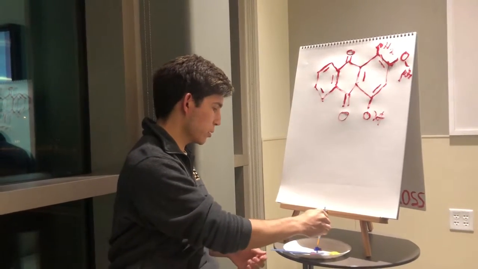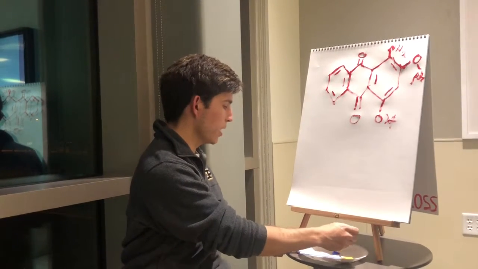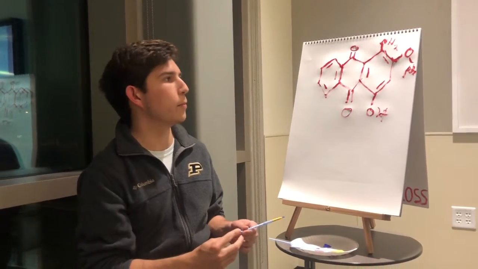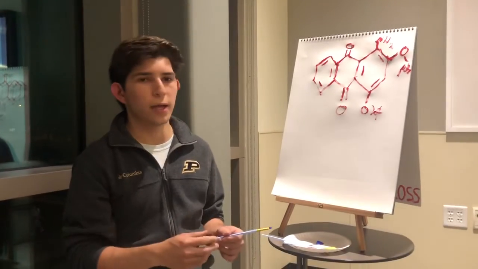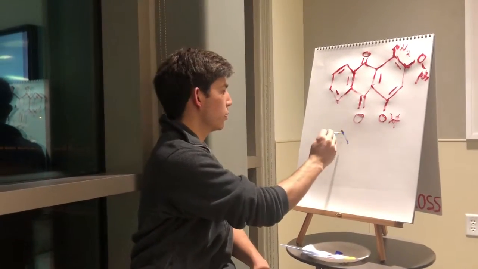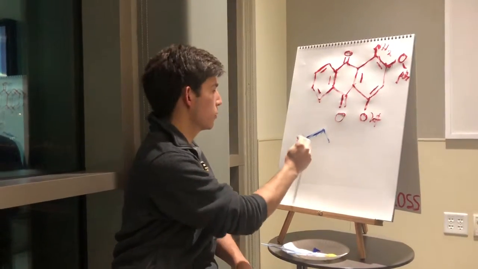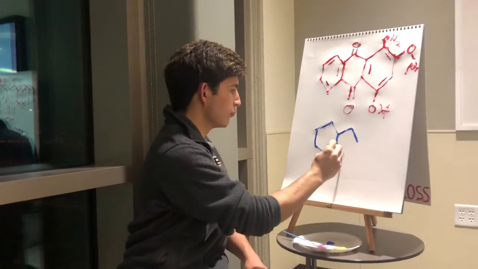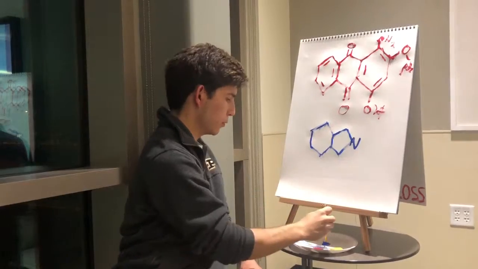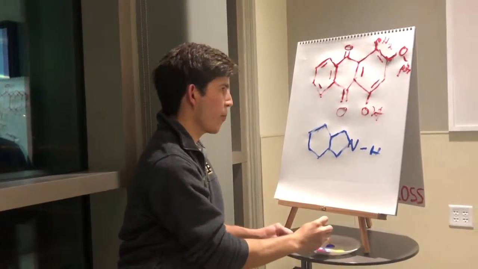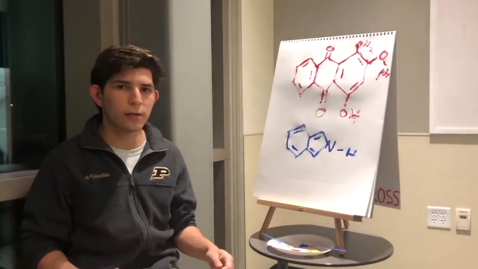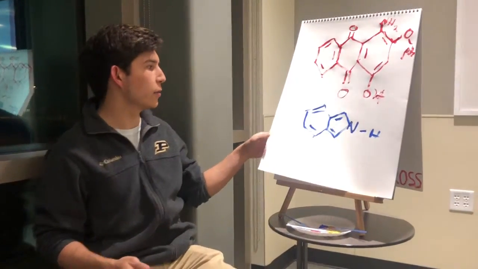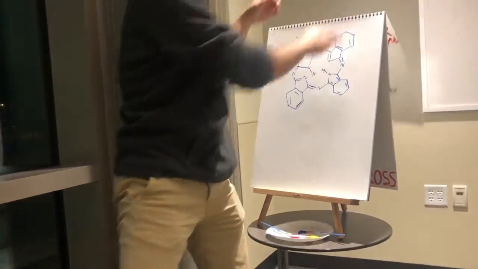All right, now I'm going to go through the structure of phthalocyanine. We're going to use blue for this one. So phthalocyanine is formed by essentially the combination of four molecules called isoindoles. So an isoindole